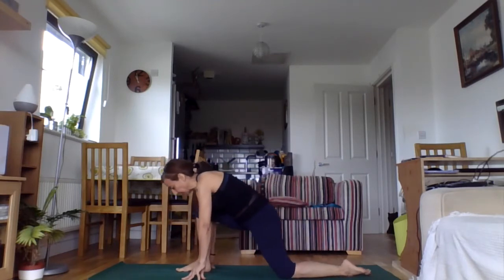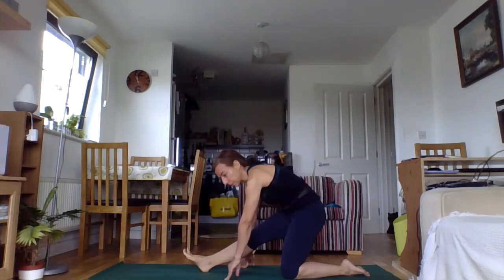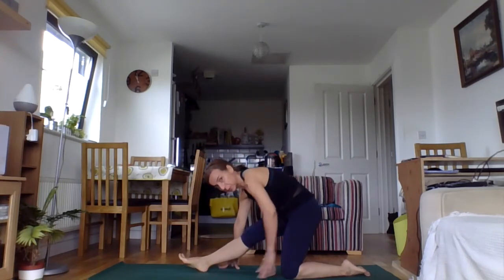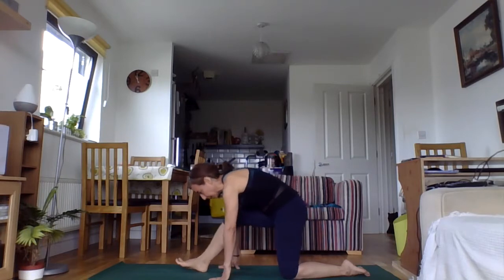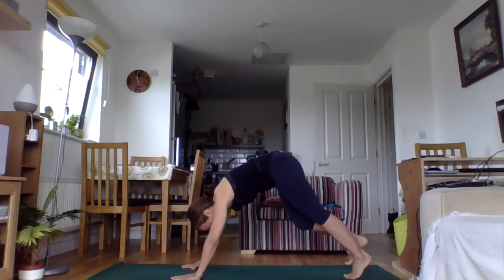And then we'll hold it back in a half split, maybe flexing the feet up, the foot up, and just have your hands wherever it feels comfortable. Try not to collapse into the opposite leg. And take a few breaths through the back of that leg. And then release, coming forward, tucking back toe under, palms on the floor, step back down dog,